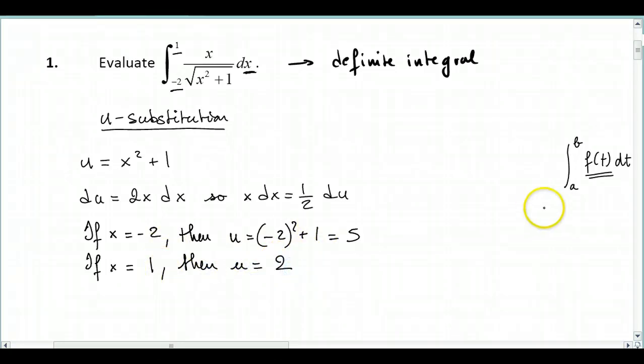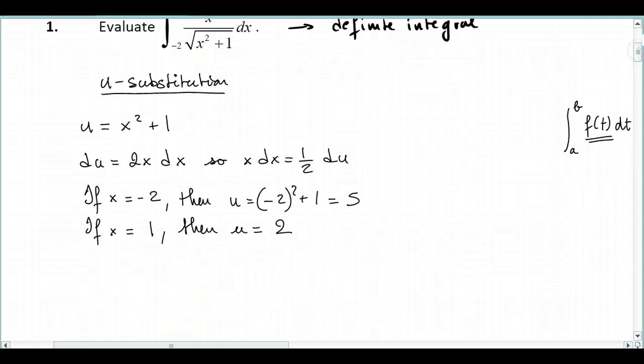Be careful, you're going to have to rewrite them in order. The 5 corresponds to the -2 and the 2 corresponds to the 1. And it doesn't matter if you get the smallest one or the largest one below or above; you have to be careful with that. How about we rewrite the integral? So the integral from -2 to 1 of x divided by square root of x squared plus 1 dx,